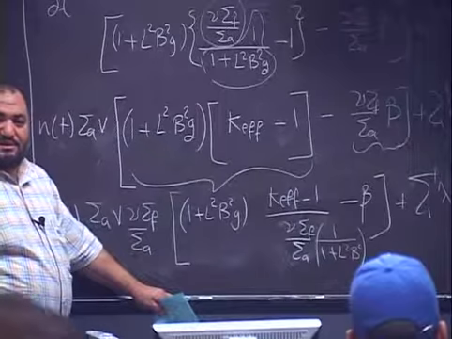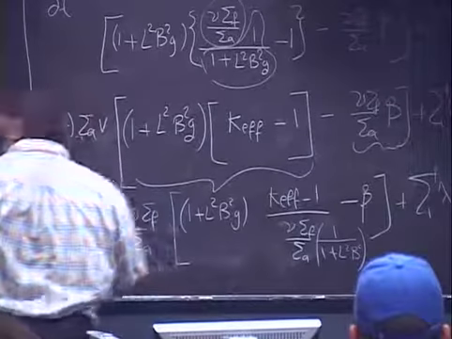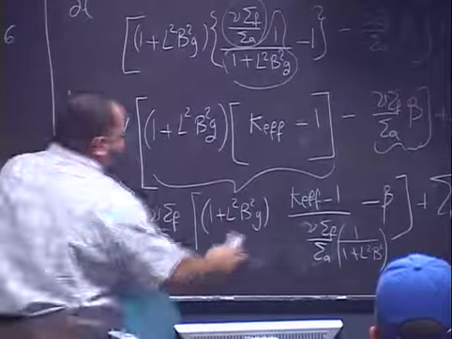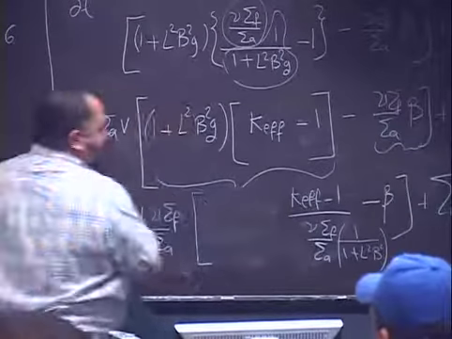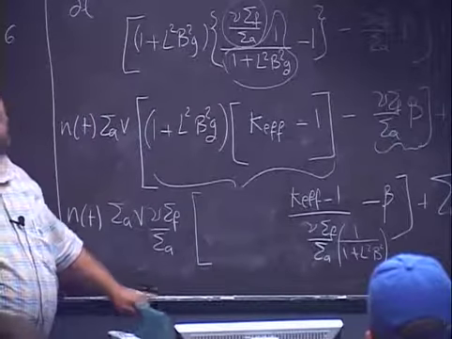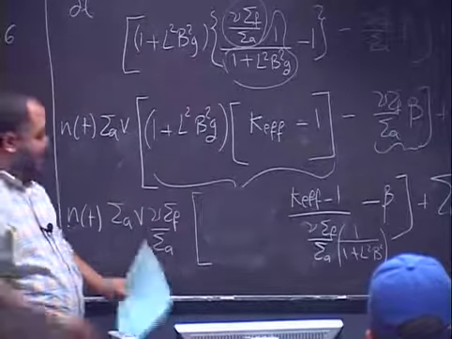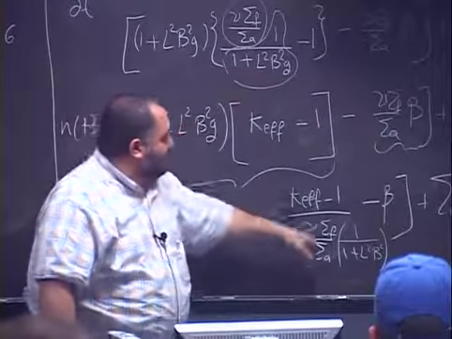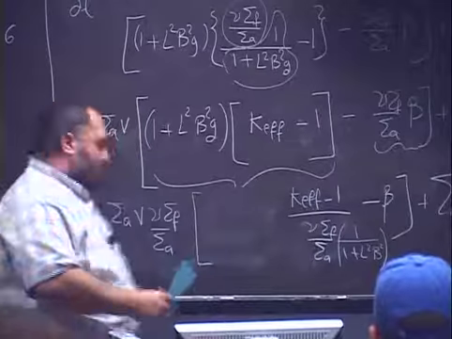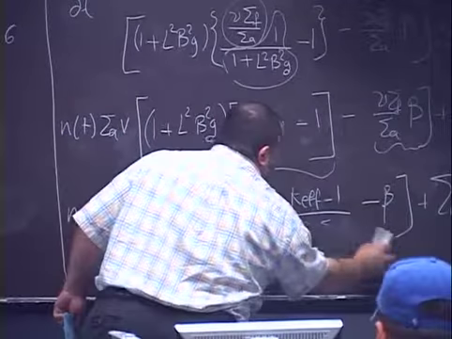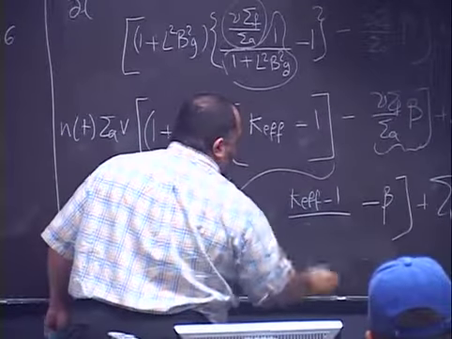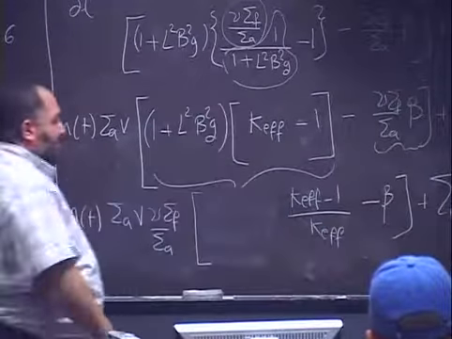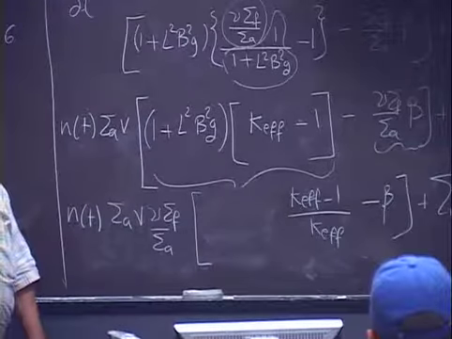If I write it like this, I will remove it from here. So what's this again? Nu sigma fission over sigma absorption over and so on. This is K effective. So this will give me K effective minus 1 divided by K effective, which is